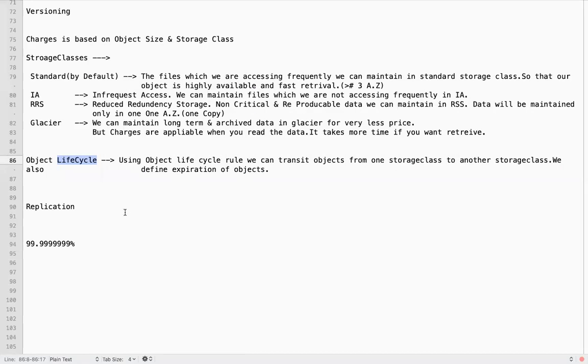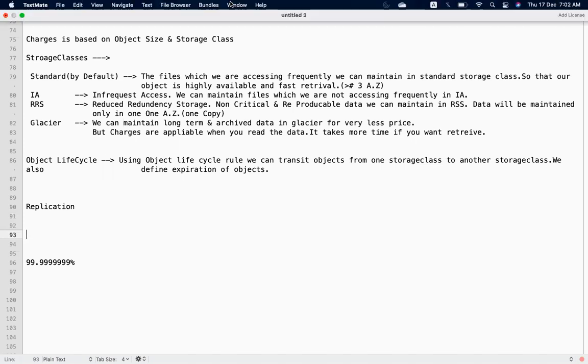Now there is one more concept called replication. What is replication, guys? In general, replication, replicas, duplication, right?